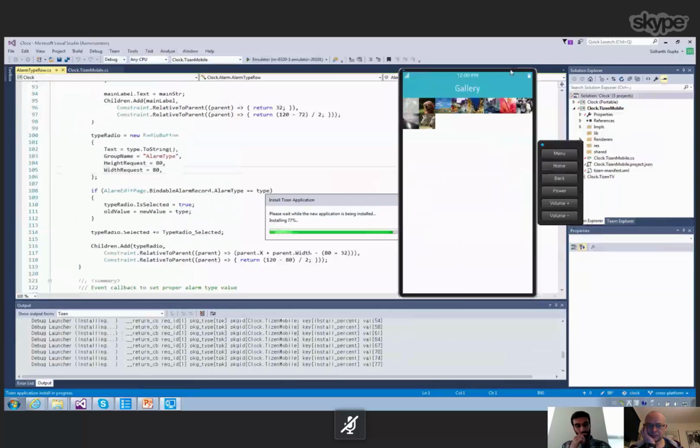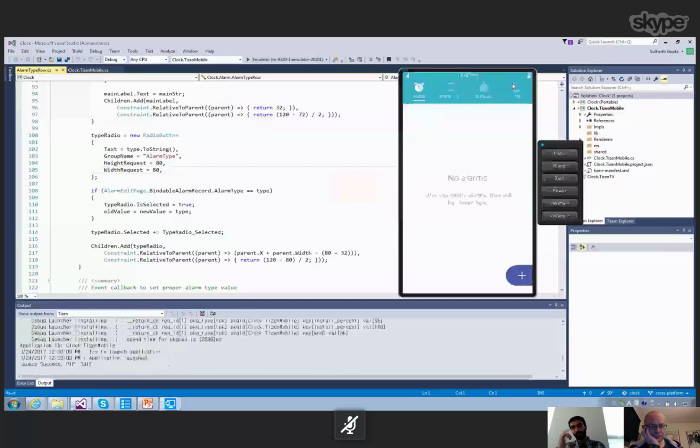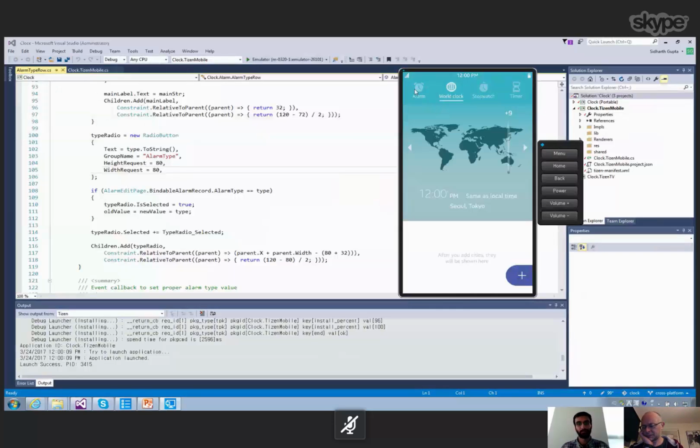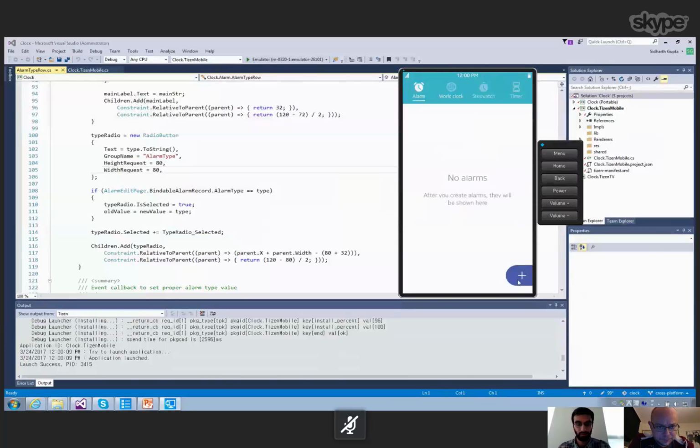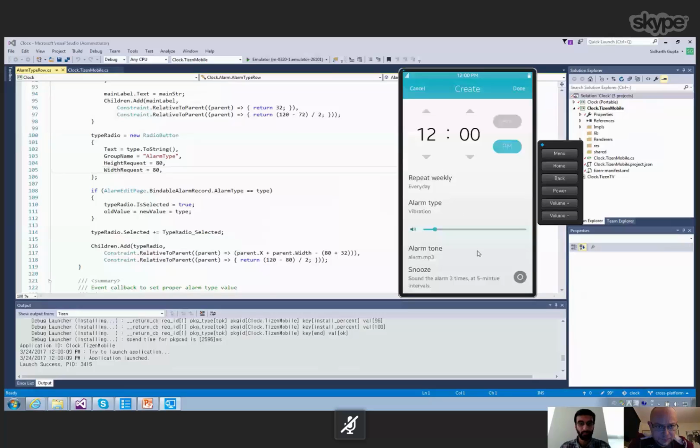Okay, so this is a clock application, another Tizen .NET application with world clock, stopwatch, timer, or alarm features. So let's say I want to add an alarm. I want to choose the alarm type, so it's either sound, vibration, or vibration and sound, and only one of these